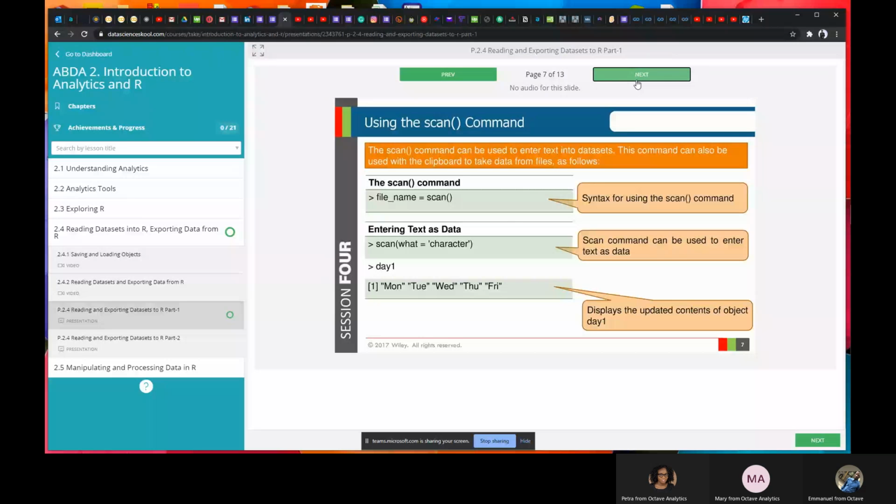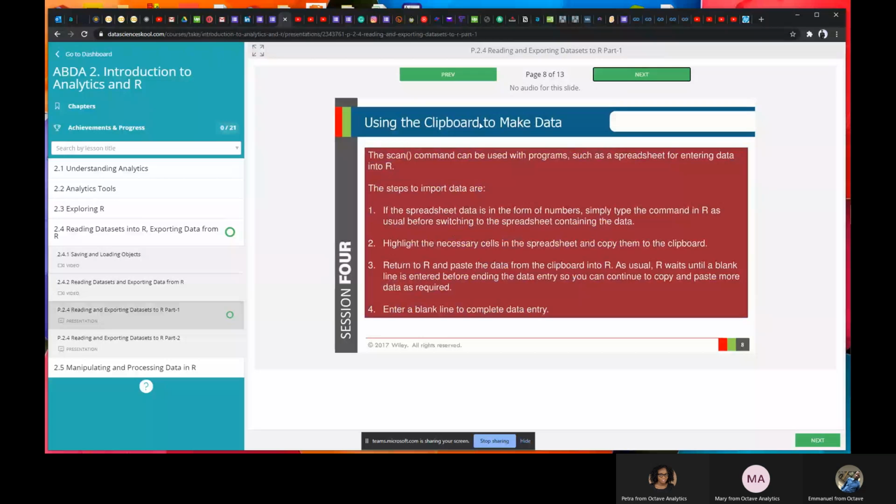Okay. Moving to the next slide: using the clipboard to make data. The scan command can be used with programs such as spreadsheets for entering data into R. The steps to import data are: if the spreadsheet data is in the form of numbers, simply type the command in R as usual before switching to the spreadsheet containing the data. Highlight the necessary cells in the spreadsheet and copy them to the clipboard.